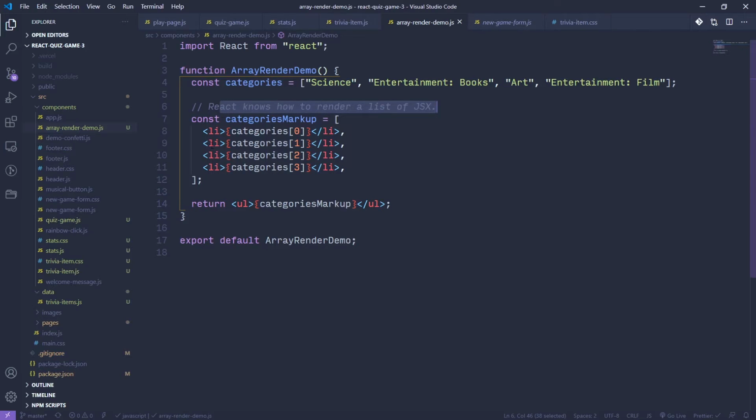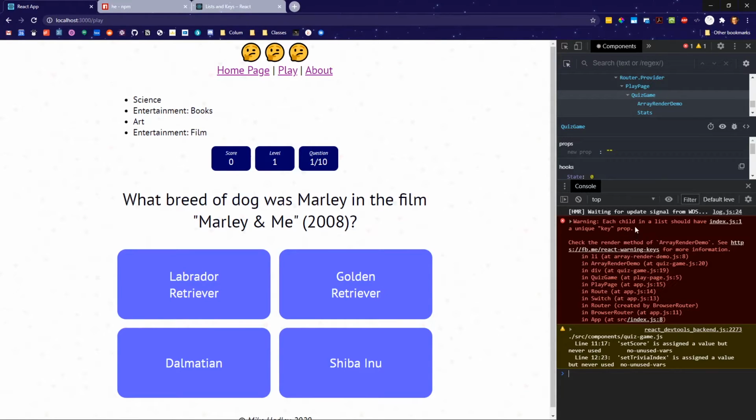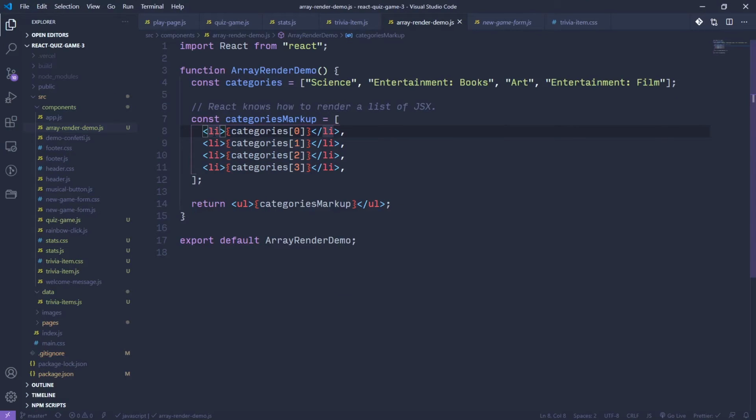So if we were to dynamically build up this array and fill it with each of these items by sort of looping over our categories and generating this list item for each element in the array, that would be valid. React would know what to do with that. So let's, before we do that, let's fix this key warning. So the key warning is telling us that each of these list items needs to have a property on it that is unique. So like this, if I pass in a key of 1 here, that would mean that all